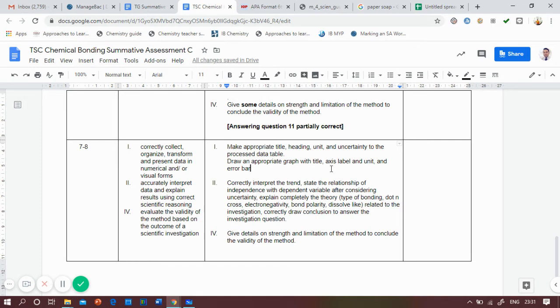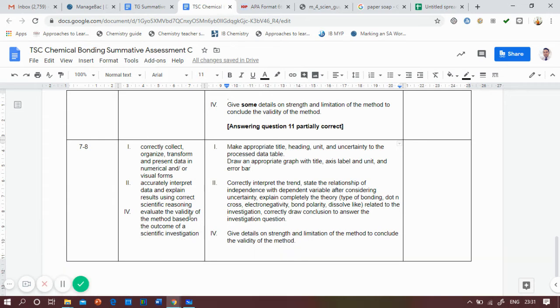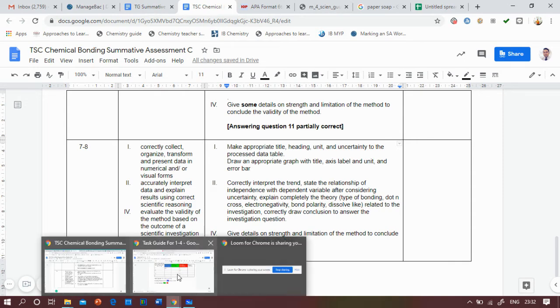So the title of axis, I will show you how the proper graph is going to look like. You can find this in the sample of calculation.